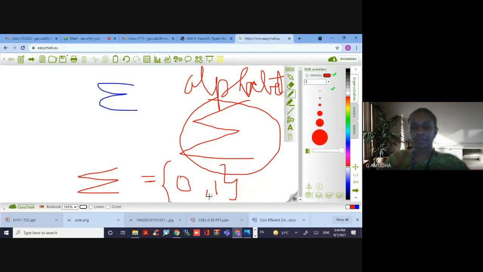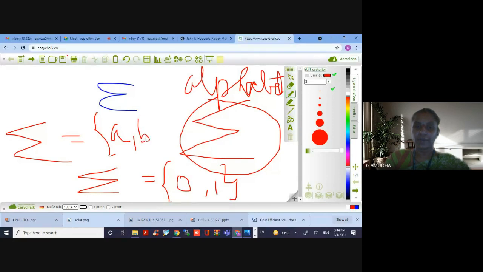This is how it will be represented. If I'm going to represent an alphabet with characters A to Z, it is going to have lowercase characters A to Z. This is an alphabet.